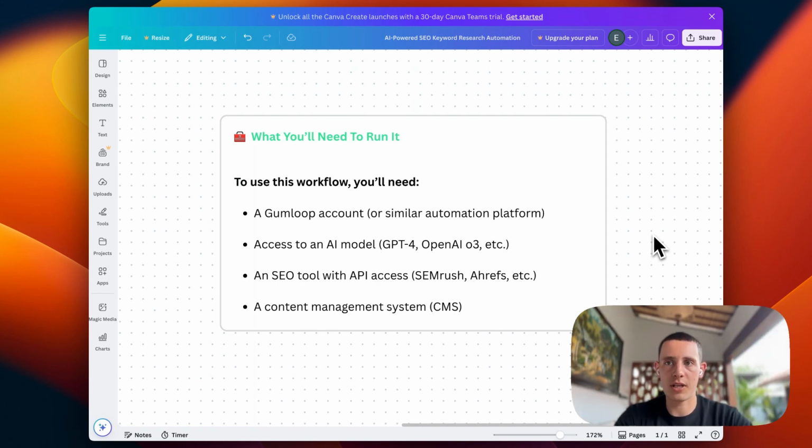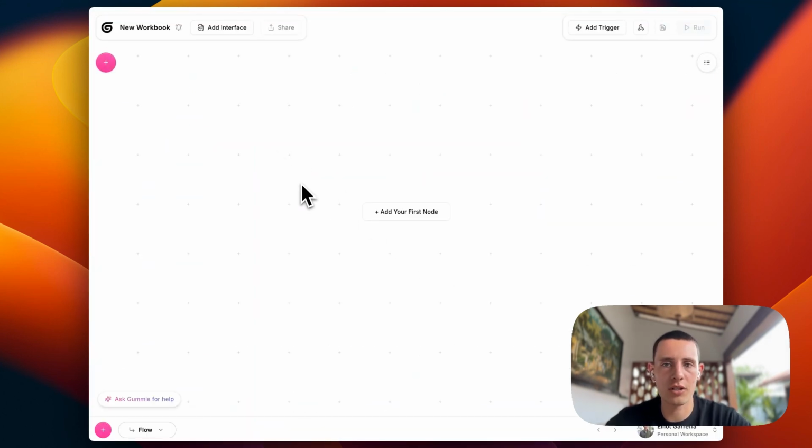You can also have a content management system. I wouldn't worry too much about this one. This will become more important when we're doing the bit where we are automating releasing those blogs, which we'll cover in future videos. Okay, so going to Gumloop, the first thing you're going to want to do is just click